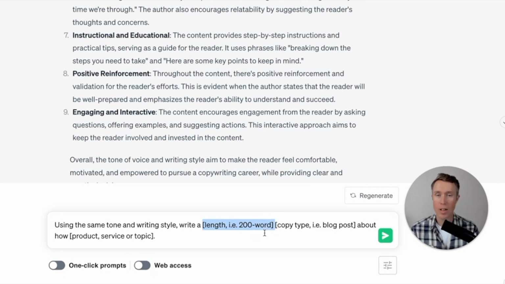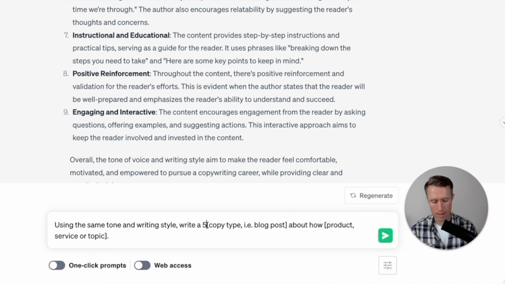So you'll notice here that there's some placeholders for us to fill in, and that's because the more specific and clear you can be with ChatGPT, the better the output it is going to generate. So using the same tone and writing style, write a, and then we're going to choose the length of the thing we want it to write. So let's say 500 words. We're going to write a blog post